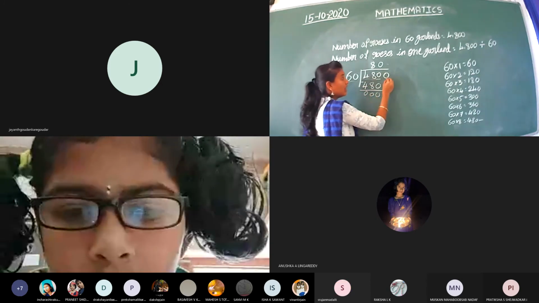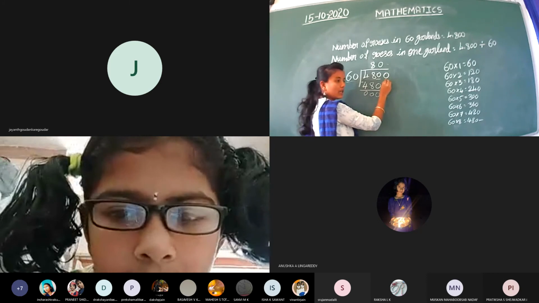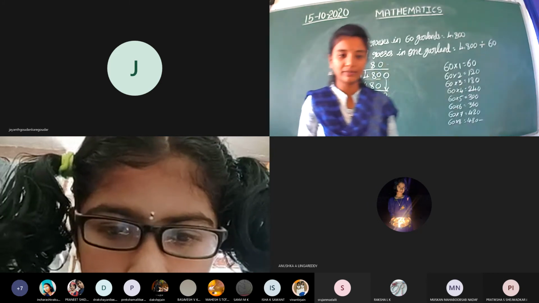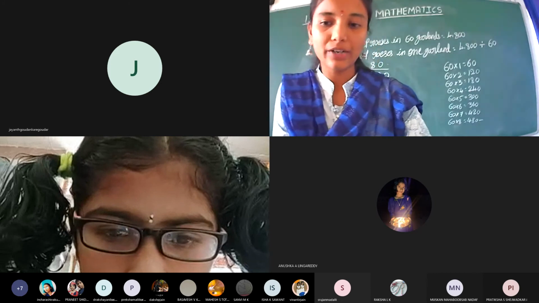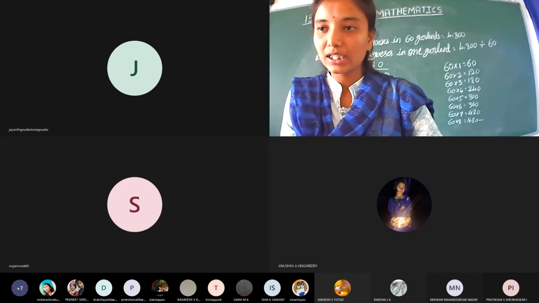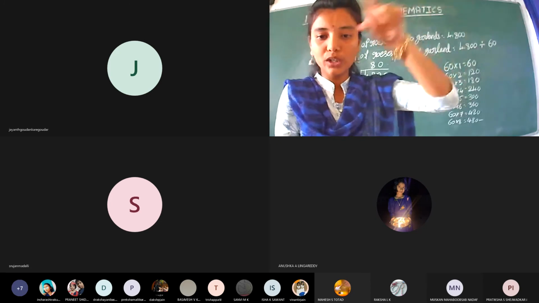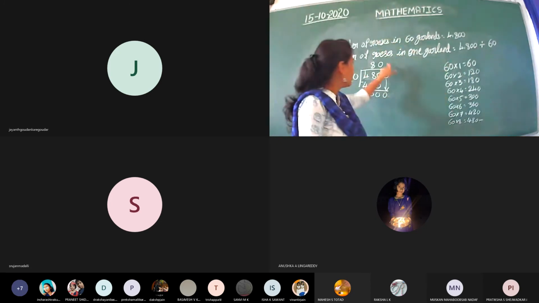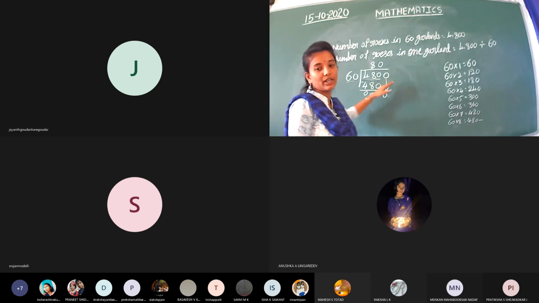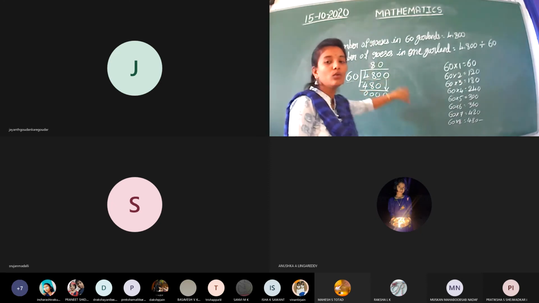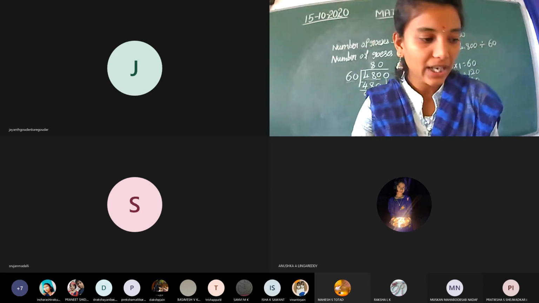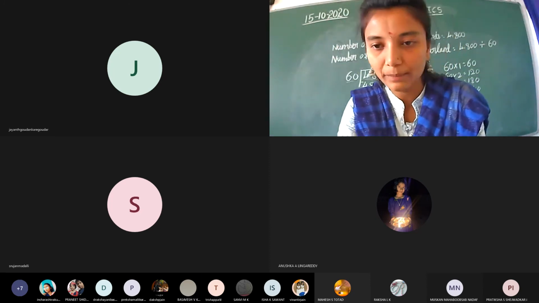This is the very smallest number. If the 0 comes in the ones place of the dividend, it goes to the quotient. Remember it. When the dividend contains 0 in the ones place, it will go to the quotient. You should write it in the quotient place. Only for the ones place, not in another. Okay, did you understand? Next one I will explain. Second problem.